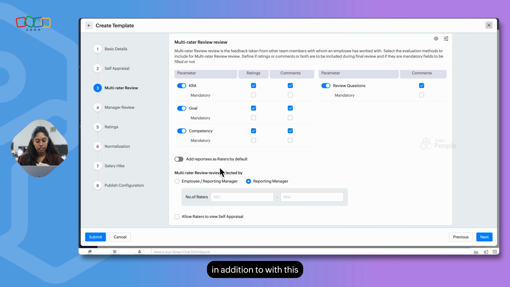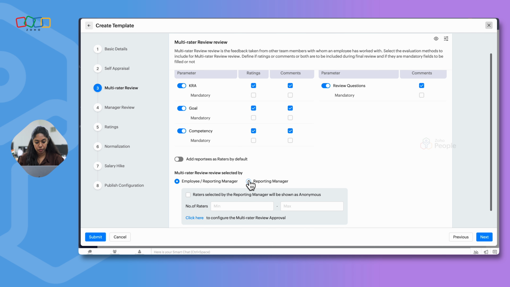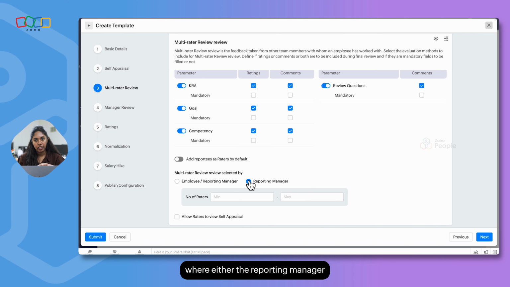In addition to it, we have this option, add reportees as raters by default, which means that if an employee has subordinates reporting to them, their subordinates will be automatically mapped as multi-raters. Or else, you can go with these manual options where either the reporting manager or the employee along with the reporting manager can make the selection.